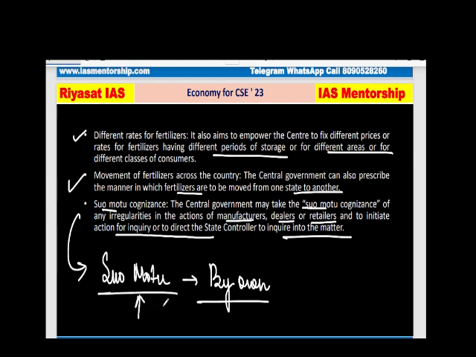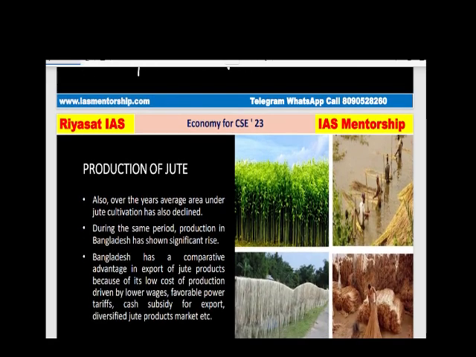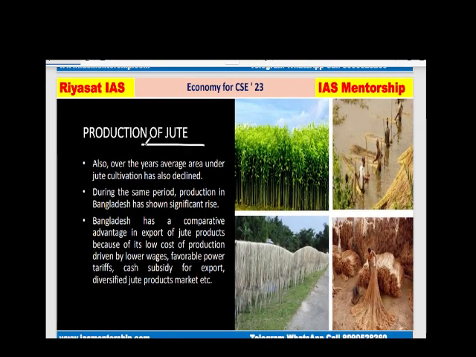मतलब खुद से सेंट्रल गवर्नमेंट बिना किसी के परमिशन लिए, बिना किसी के रिकमेंडेशन लिए, वो खुद से it can come out with actions अगर आप उनको लगता है कि ये मैन्युफैक्चरर, डीलर और रिटेलर कुछ गलत कर रहे हैं तो. Clear? Okay. Let us move ahead with the new topic, that is your production of jute, and jute